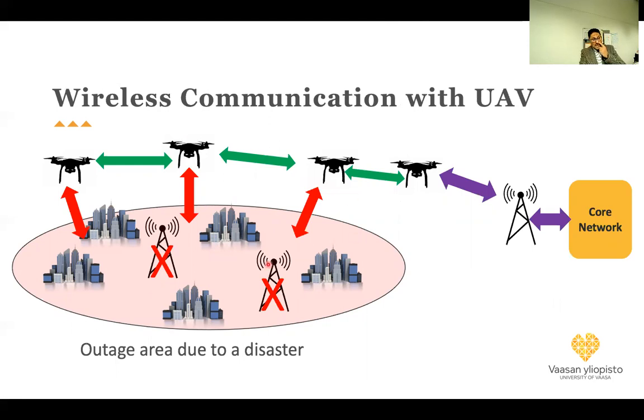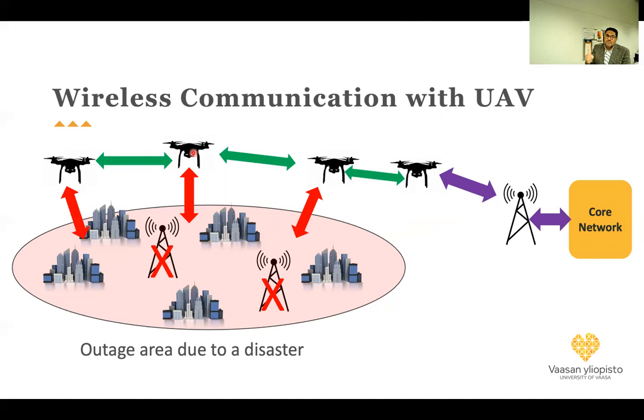What happens if we have an outage area due to disaster? For example, an earthquake, so we lost all our base stations. How could we cover the area? For example, of course we have satellite communication, but in the satellite we usually use special kinds of handsets. So you cannot use your mobile phone GSM directly over the satellite. So you need their own special handsets. But here we can actually have drones with small base stations, especially the radio part.